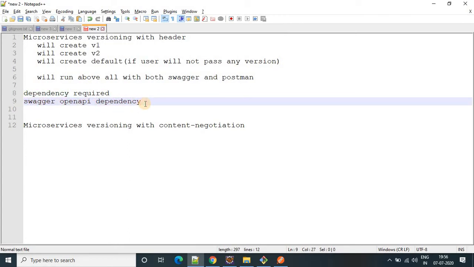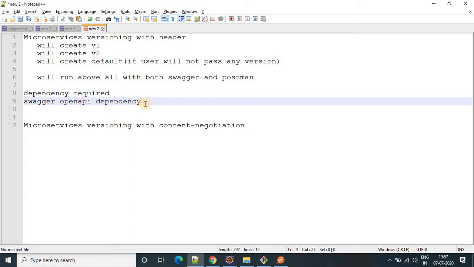Now, what is OpenAPI? OpenAPI generates automatic documentation in JSON format or in YML format, so that the user doesn't have to create the documentation by themselves. OpenAPI provides this functionality, so it automatically creates the documentation for us.